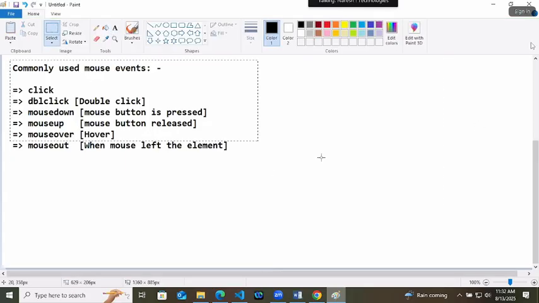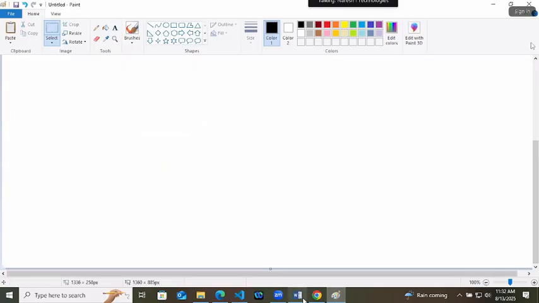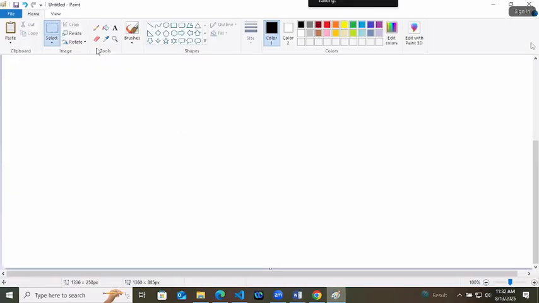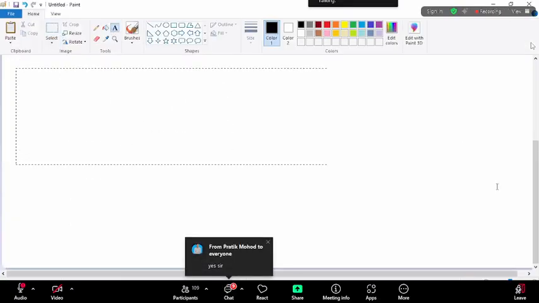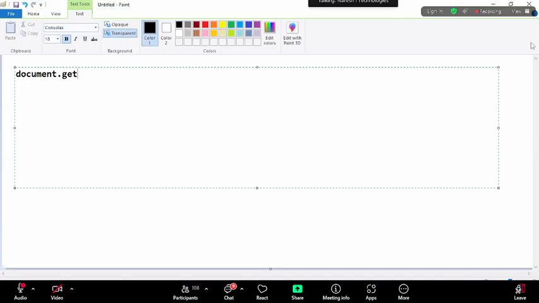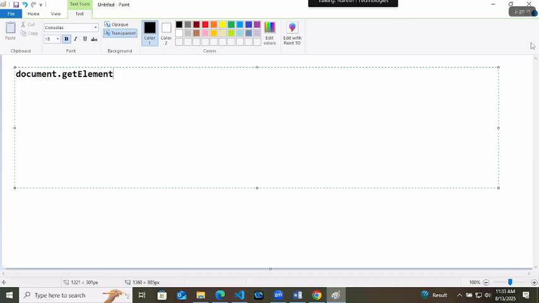These are all the mouse events that you can do with the mouse. And they will be attached in the same way. I will just write an example for it. Document dot get element by ID. ID is main. Inside this dot on mouse over. It means that whenever mouse is coming over this, equals to, it will run a function.